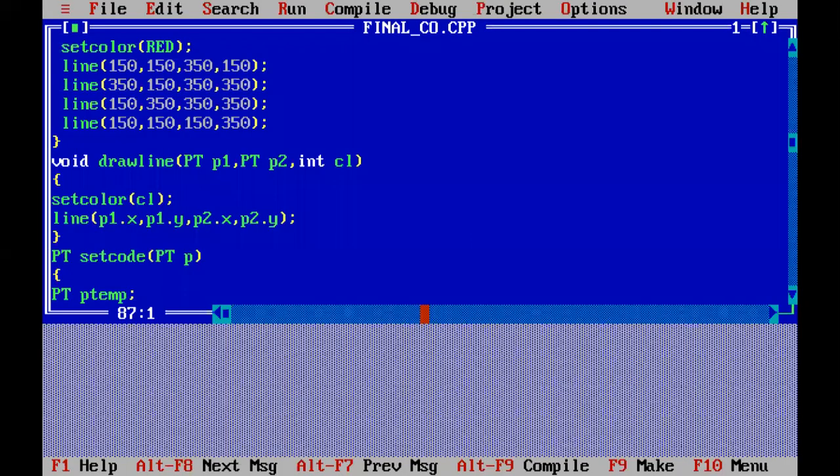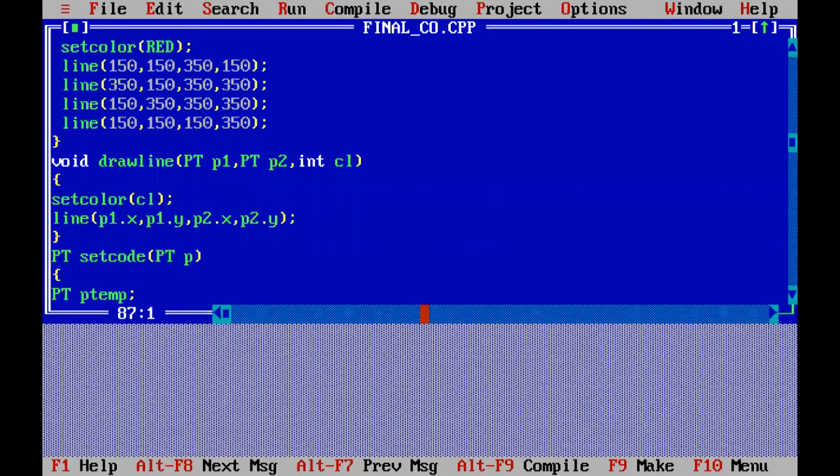Here we are getting the inputs we gave, clear over here, and we are getting the window, that is the use of clear device. After pressing enter we'll get the line, and again after pressing enter we'll get the clipped line. This is your output. This is for one point.